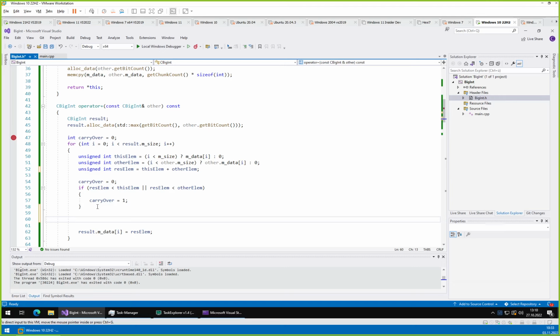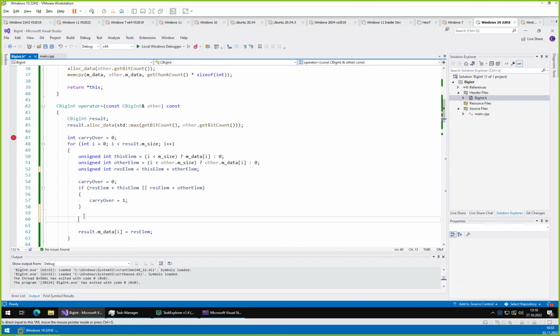Well, the thing is, we don't want to modify neither this nor other, so we cannot add this carryover to any of those. One way we could do that is that before the code as it is now, so before the addition